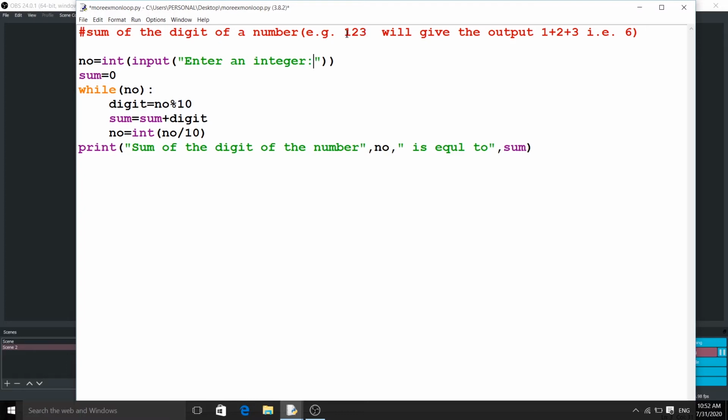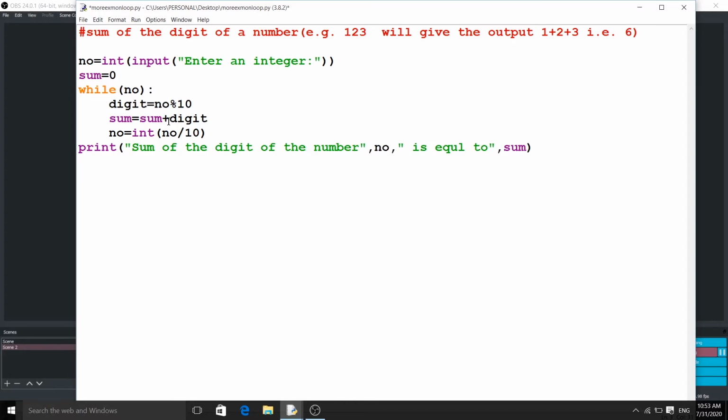Suppose we take the same example 123, so digit equals 123 modulus 10. Digit will get the last digit, that is 3, because dividing 123 by 10, the remainder will be 3. So digit gets the value 3 the first time, and sum will be equal to 0 plus 3.